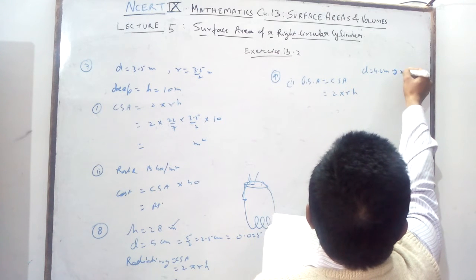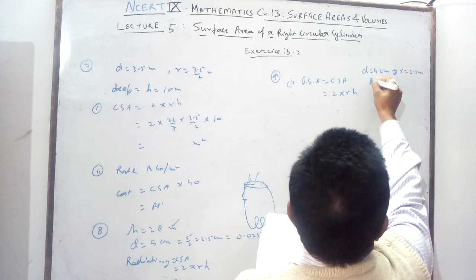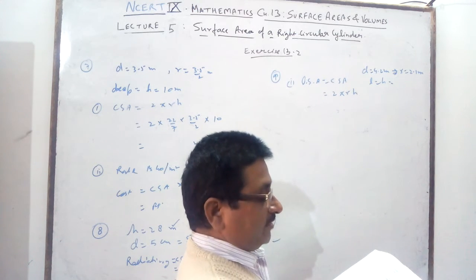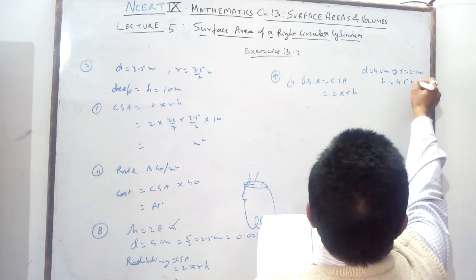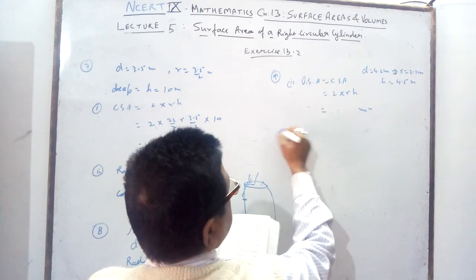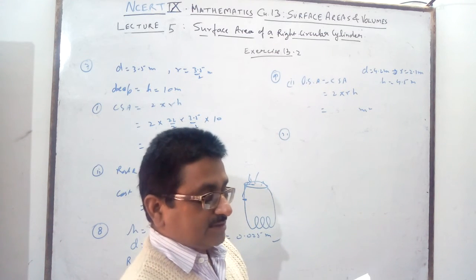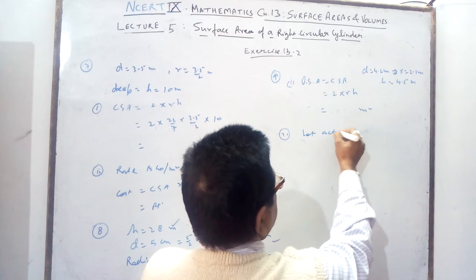the radius will be 2.1 meter, and length means height. What is given? Length of the tank is given 4.5 meter. Length is not different from height here, height is given 4.5 meter. So by this you will get the answer. Second part. First part is over. Lateral means how much steel is actually used. Let the steel actually used